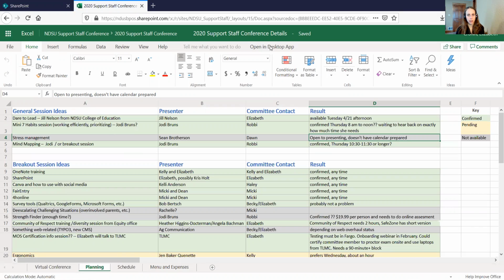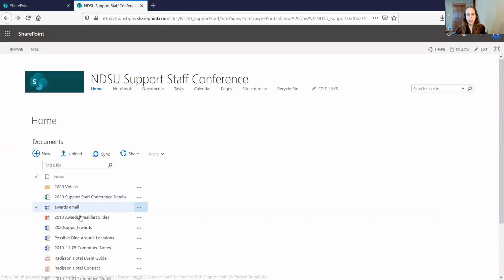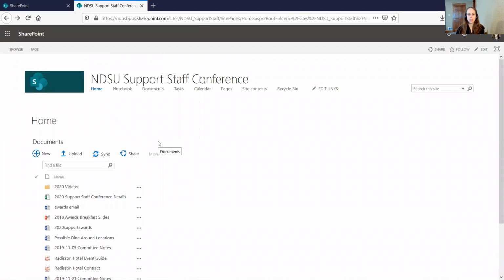Up in the top bar here, it says open in desktop app, and that will open it and give me all the functionality of Excel that I'm used to seeing. But I'm going to go back to the folders here. And so I have folders within folders. Because this looks essentially like OneDrive, you might wonder why you would use